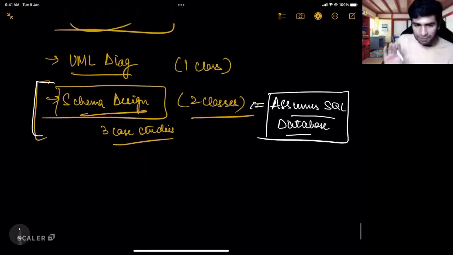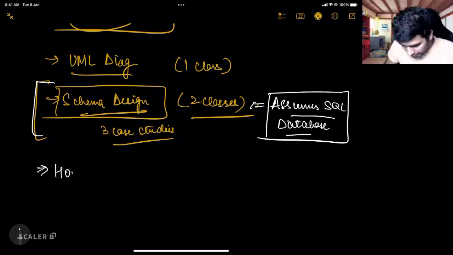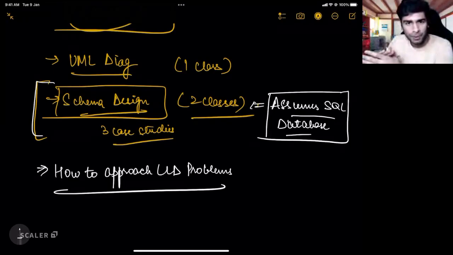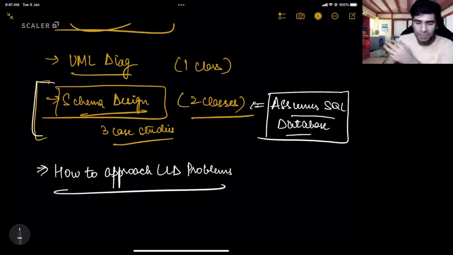And after that, we will have 1 class which is going to be completely on interview preparation. So how to approach HLD or how to approach LLD problems. So in this 1 class, we are going to only discuss that, okay, what are the different types of LLD problems that come up, how to solve each of them. Okay, for example, how to solve theoretical problems, what is the expectation from theoretical problems, how to solve only design problems, how to solve machine coding problems, how much time should you give to what thing, what should be your approach, what should you do first, what should you do next, etc., etc.